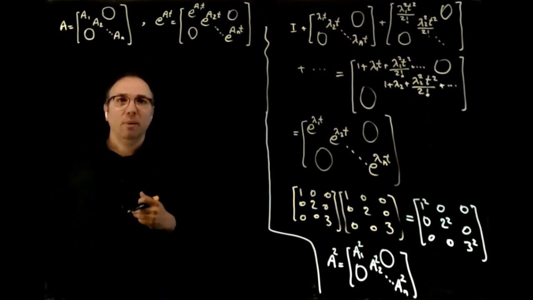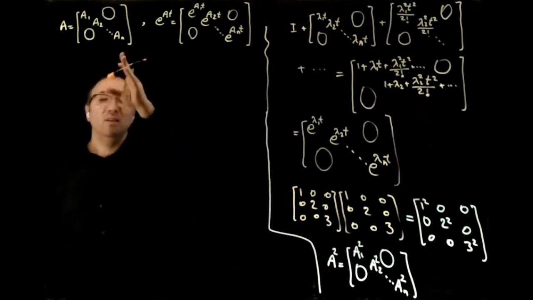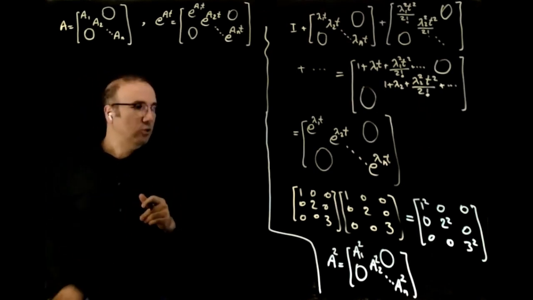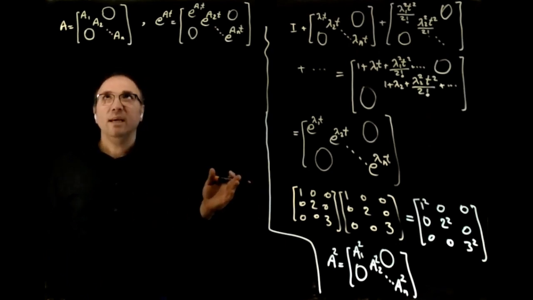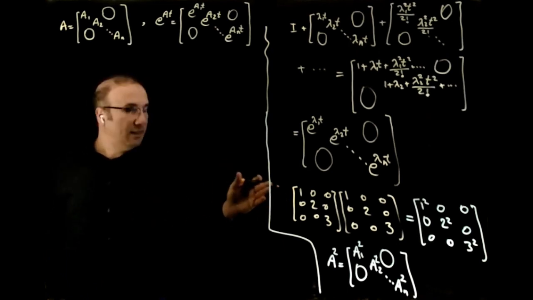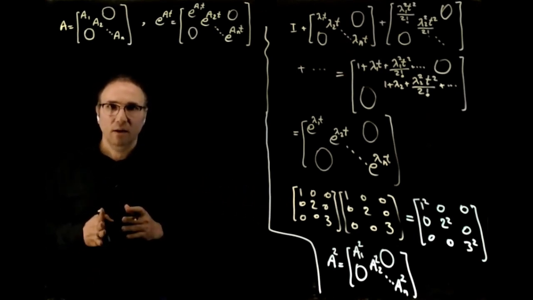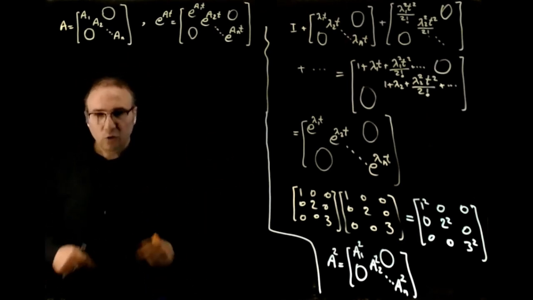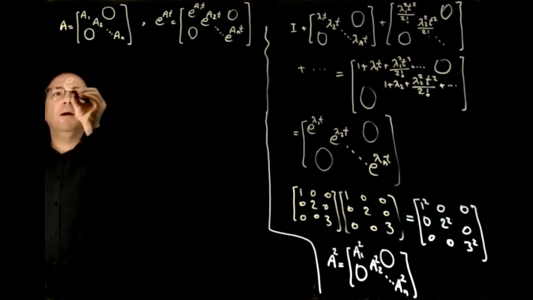So we can write e to the power of At. Why are we saying that? Because while we are talking about diagonal matrices and this type of matrices, it depends on what eigenvalues your matrices have. Then we can diagonalize the matrix, depending on whether it has real eigenvalues or complex eigenvalues, in one of these two forms. So before going into detail of that, let's look at e to the power of At